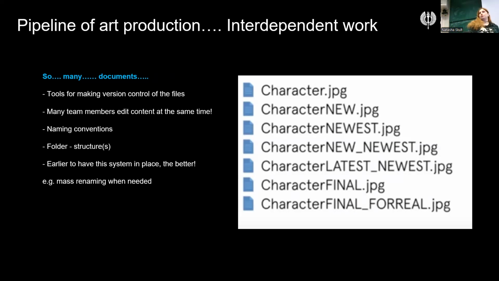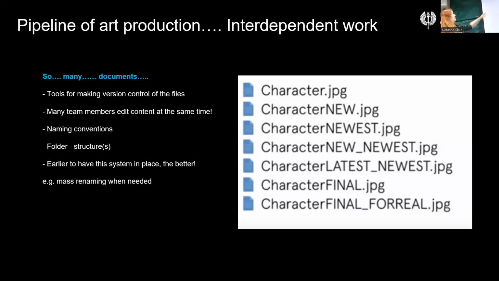Like, just think more than 2. That's already too many working on the same content at the same time, which also means that all of these have to sync properly without any errors. And if we don't use, if nothing else, the right naming conventions and so on, it's going to kaboom. And that's a very, very common issue.